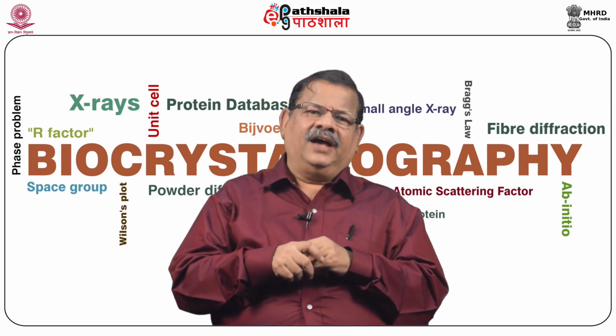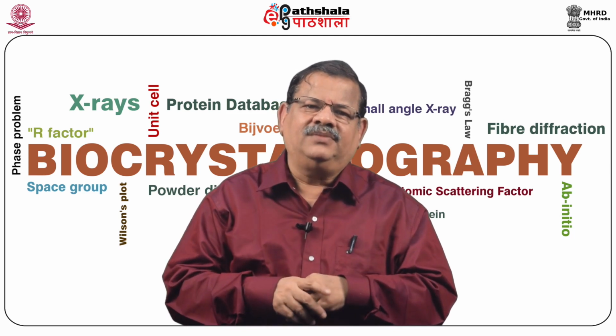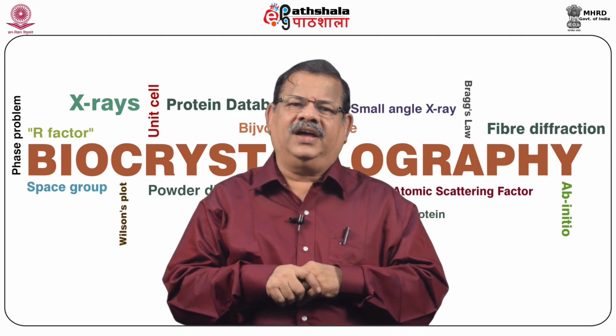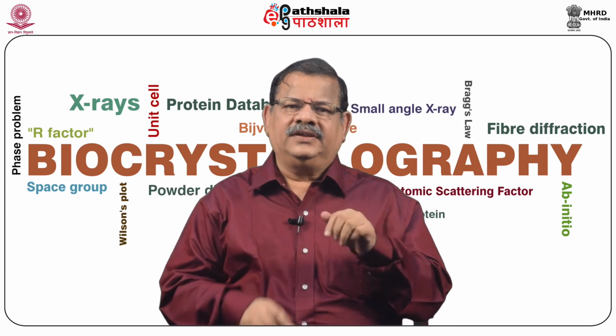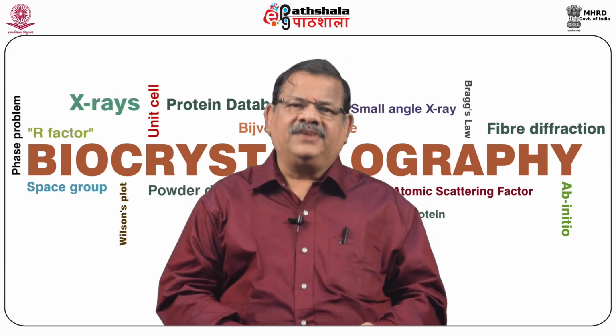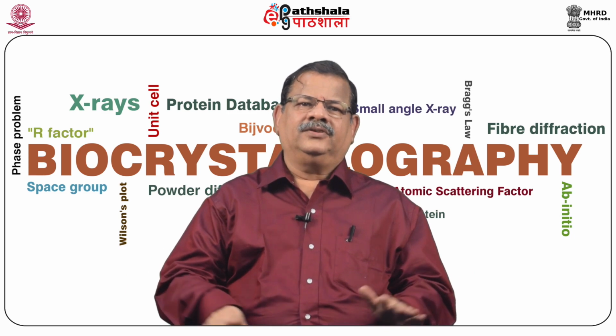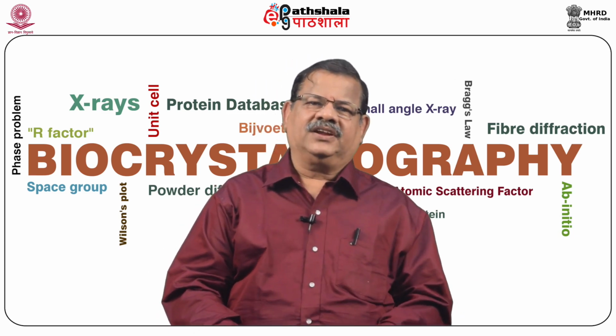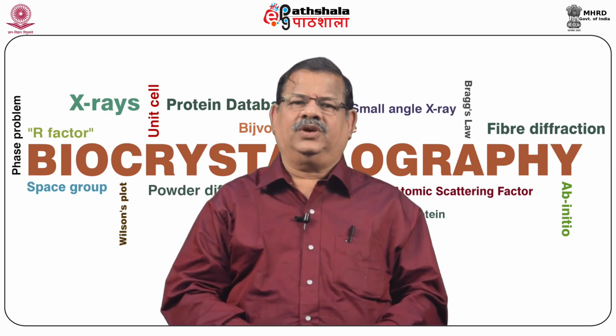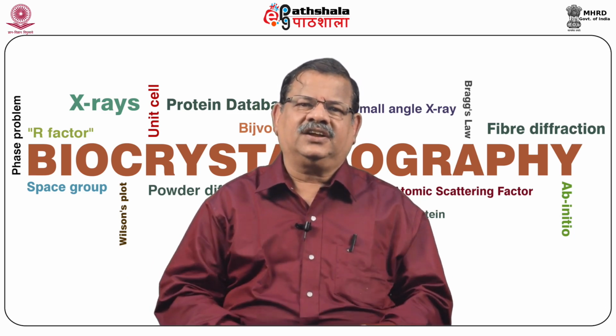So here, as I said, instead of assuming the thermal vibration to be the same in all the 3 directions as in the isotropic refinement, in anisotropic the vibrations are assumed to be different, not only along the 3 directions x, y, z, but vibrations are also considered along the cross directions xy, yz, zx. So 6 directions are considered.